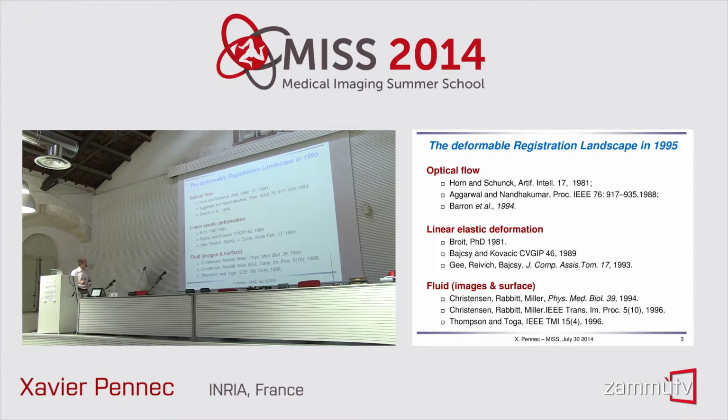Now in medical images, there were quite a few works on linear elastic deformation. The first one is Broit in 81, but it was mostly popularized by Bajcsy and later by Gee, who implemented that for 3D images in the early 90s. And then one of the big problems was that if you take something which is elastic, like the C experiment that we saw in Nikos' talk, if you take a very small thing and you want to stretch it to